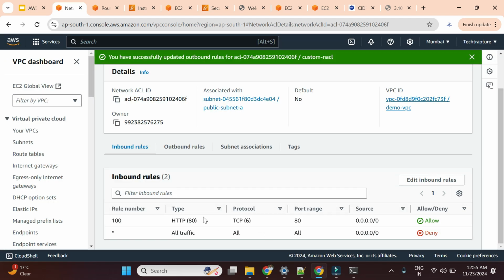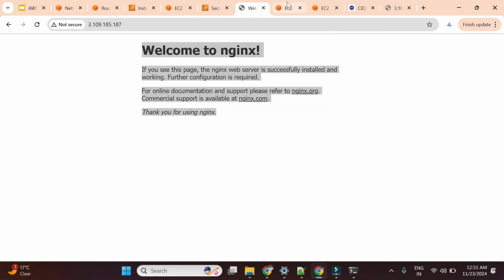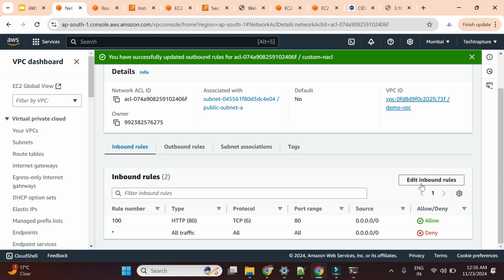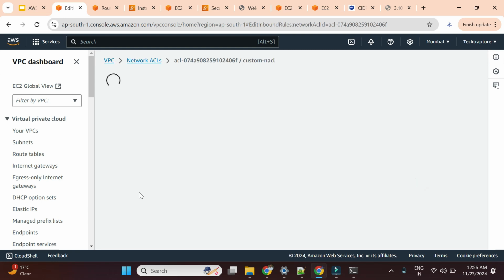So it will decide what traffic should go in and out of my subnet, what should go out of my subnet and what should go inside of my subnet. If it is not going inside the subnet, it should not reach my EC2 instance. So your security group will not have any effect. It failed. Now if I edit my rule again,